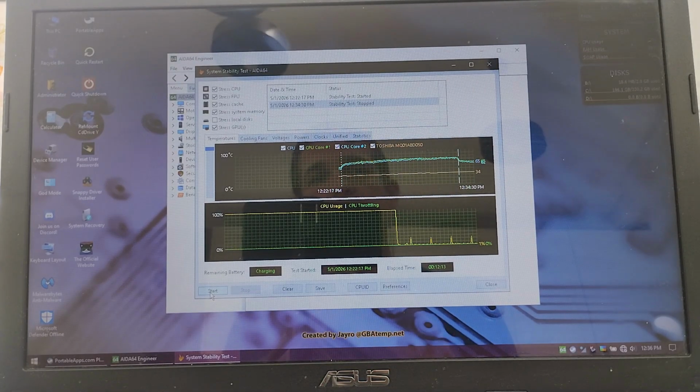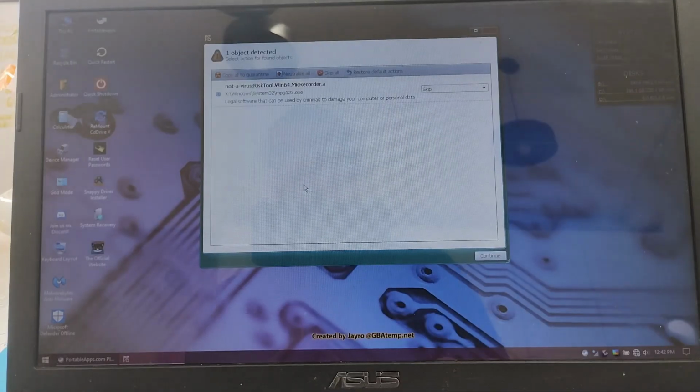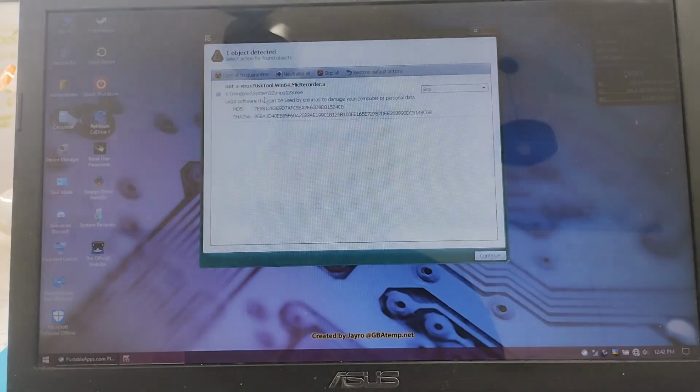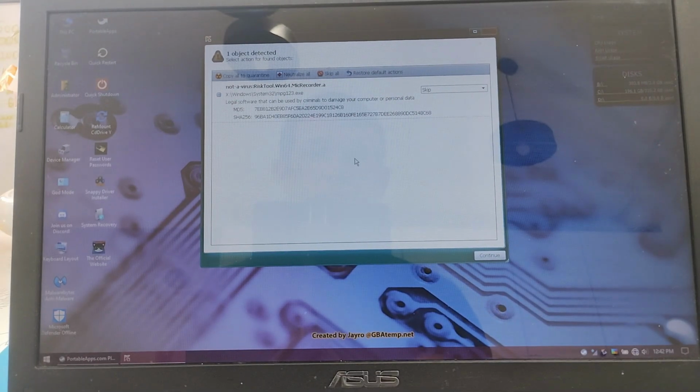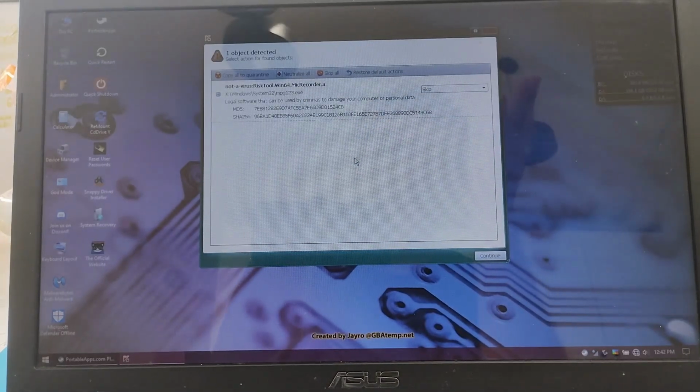Even though we are dealing with an old laptop. Virus scanning showed not a virus, but a risk tool, a mic recorder. This is legal software, but it can be used by criminals. Actually, the excellent variant is to delete this one, but the mic recorder,